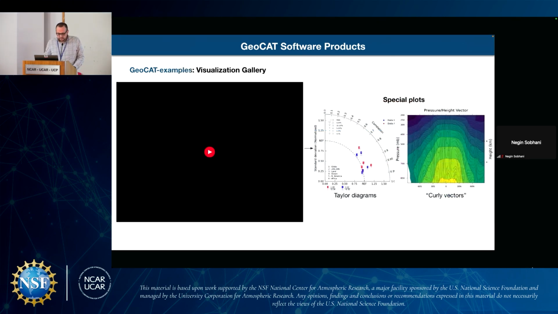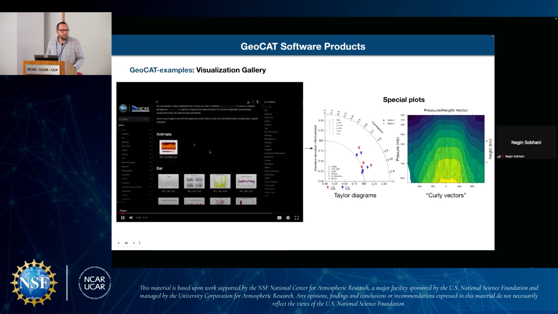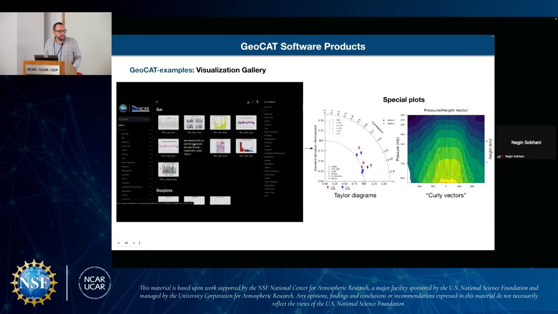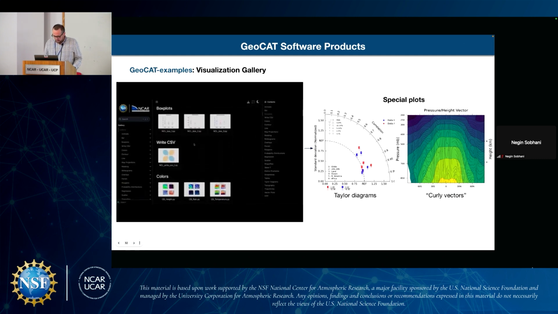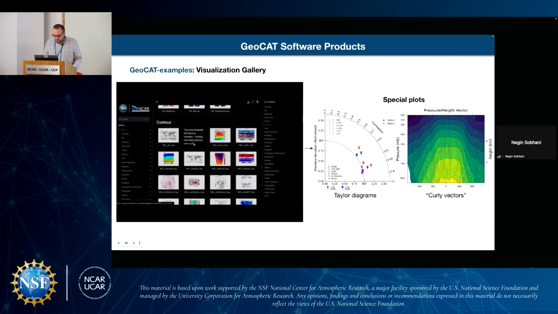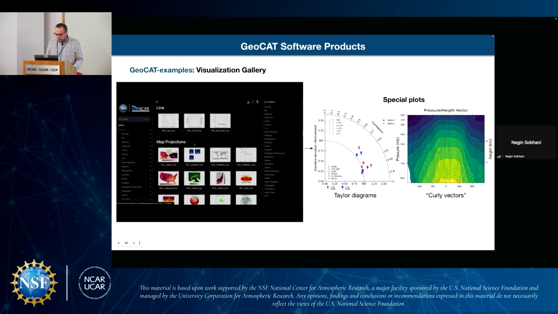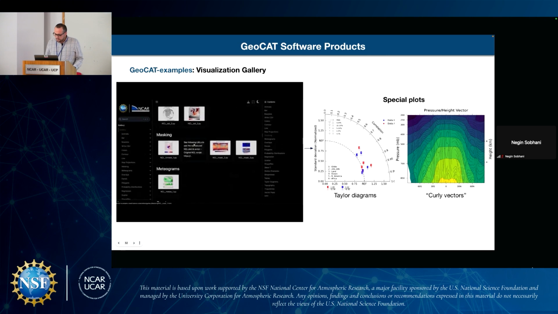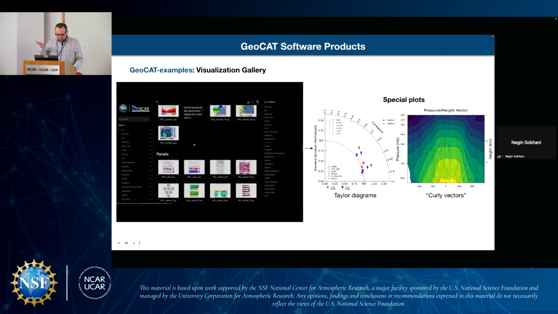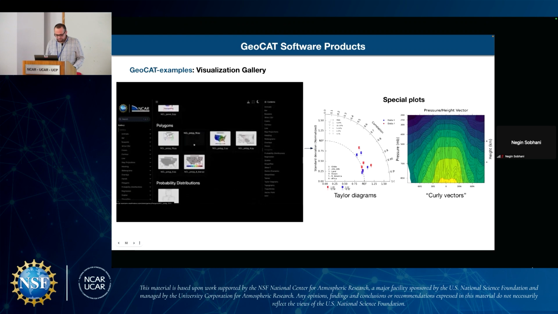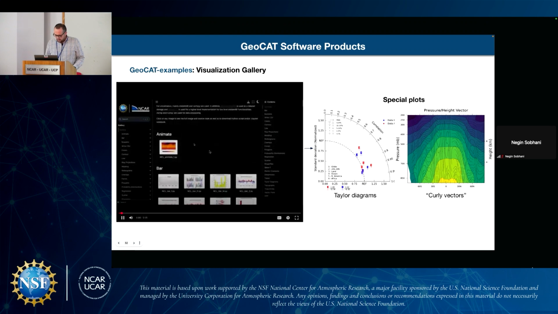GeoCat Examples is a visualization gallery that houses more than 150 visualization examples in essential plotting categories, and some of them are spatial plots like Taylor diagrams. Actually, we noticed some accuracy concerns with curl vectors, so we took that down from the gallery for now, but it's still there and we are working on it. Moving on,